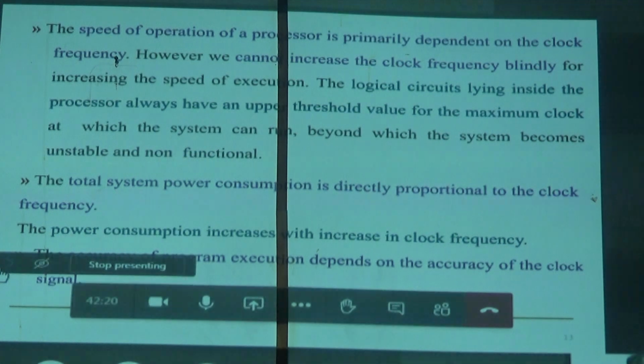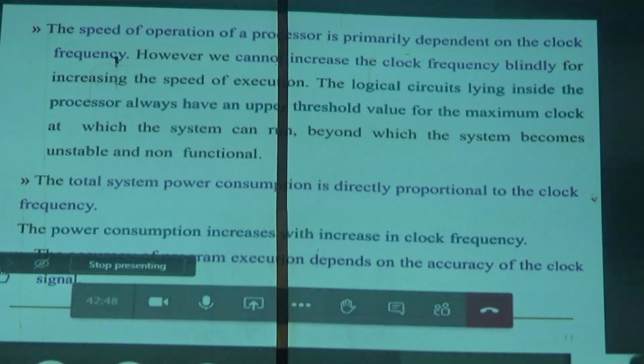In computer organization, the very first topic was the performance equation. If you remember, T is equal to N into S divided by R. T is equal to N into S divided by R. What is this? R indicates the clock rate. If you keep on increasing the clock rate, what happens to the performance? The performance will get affected. In what way? That was explained in the previous classes.